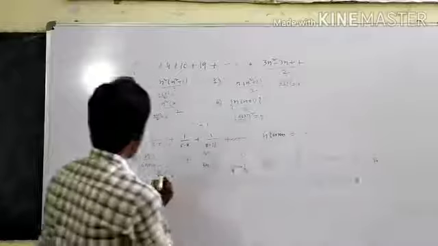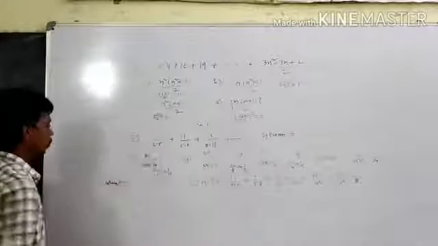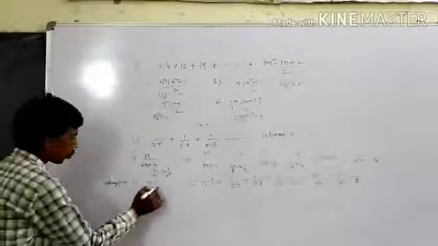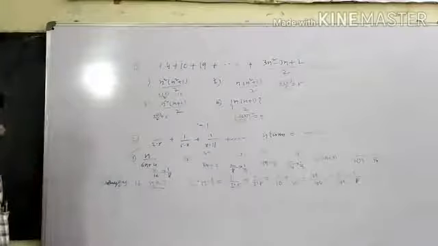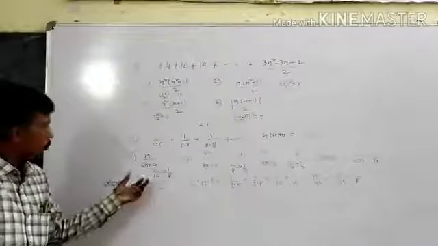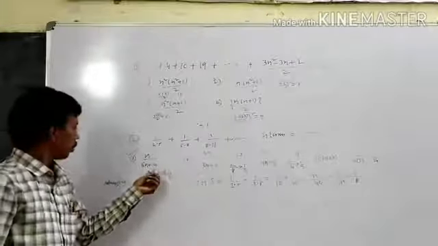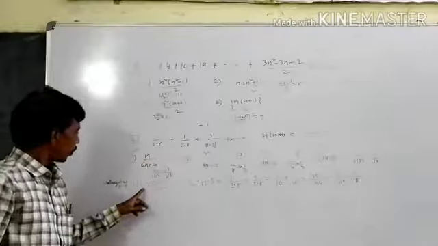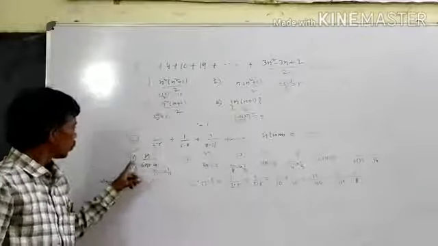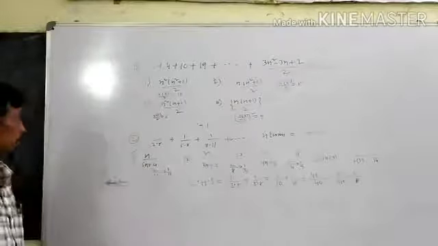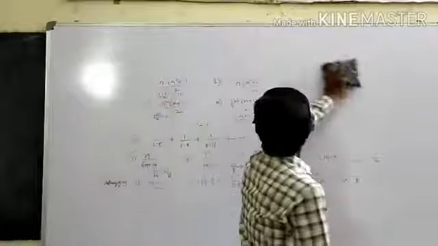So which one is the right option? The first option is the right option. So verify if n equal to 2. Suppose if n equal to 1, two or more options are there. So if we verify, we put n equal to 2. The first option is the right answer. Okay, now third problem.